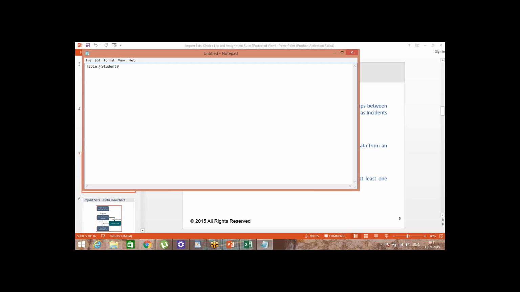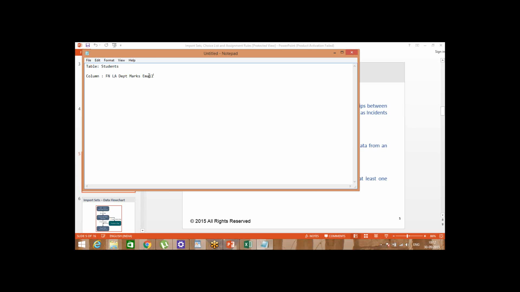The columns are nothing but each field in the table. The columns can be first name, last name, department, marks, and email ID. So these are the five columns for the student table.